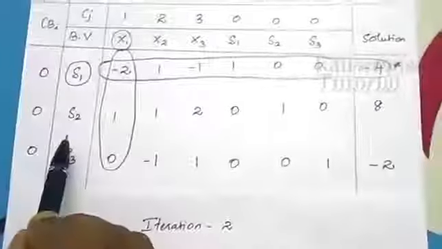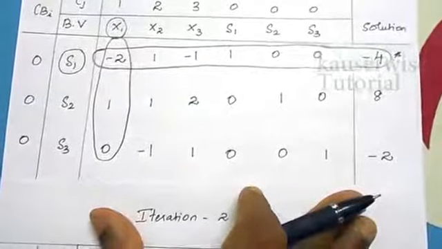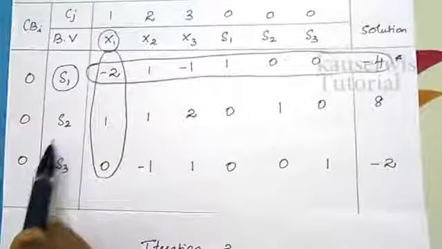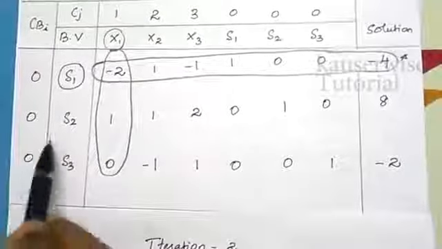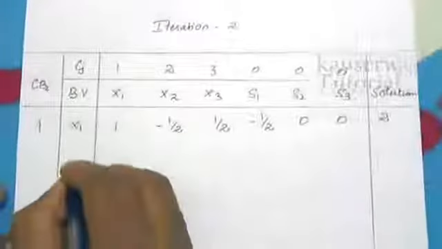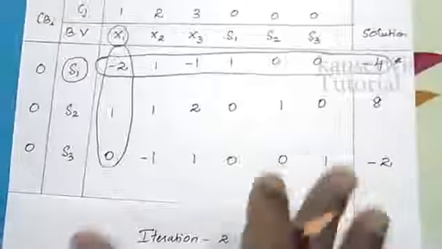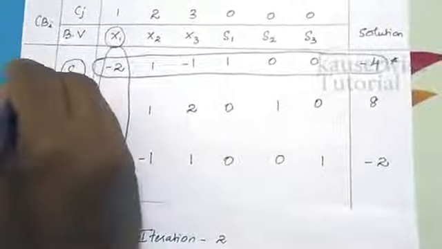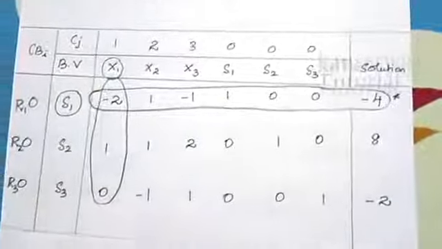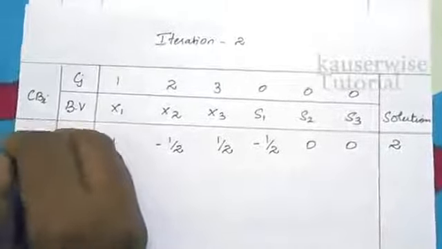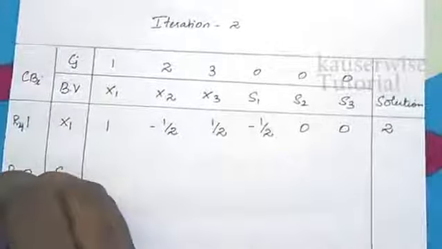Look at the first iteration. To find the new values for S2 and S3, we have to use one formula. Let us see the procedure. For S2 and S3, the values are 0 and 0, so write the values as it is. S2 and S3, 0 and 0. We are going to apply one formula for that. This one is row 1, this one is row 2 and this one is row 3. In the second iteration, the first one is the entering variable, this one is row 4. Now we need to find the values for row 5 and row 6.